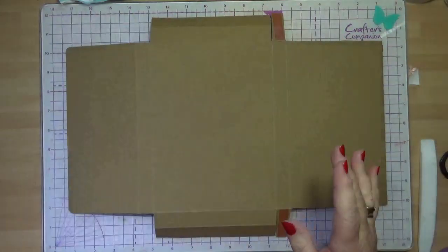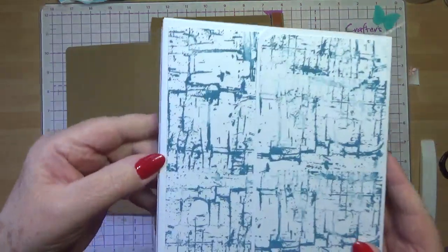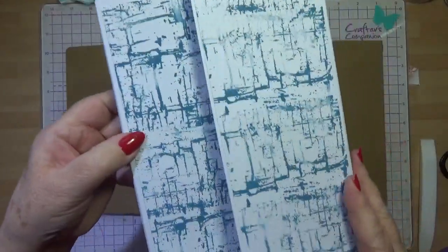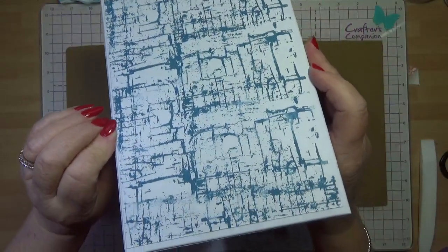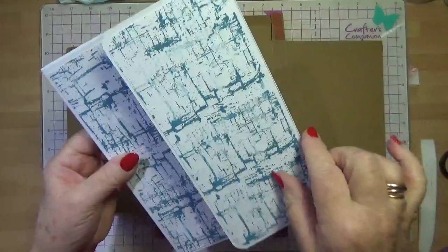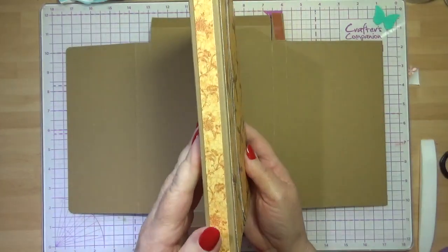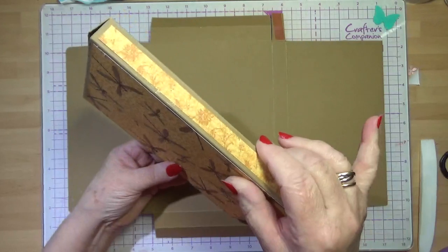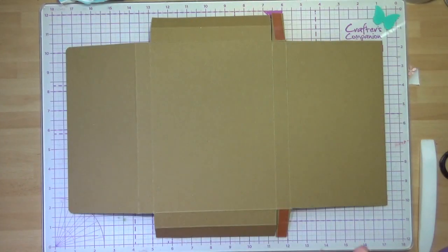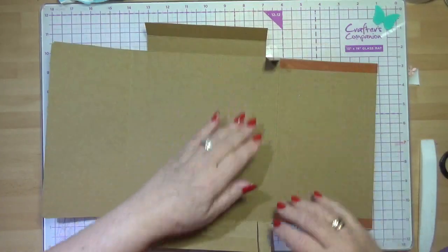So that's one option. The other option is I did this one, where I've done an extra layer of panels over it. Okay, again, I've used the texture stamps, but I put extra panels on. And this one Karen did for me, and this is with extra panels, but this is pattern paper this time. Okay, so there's several options. So if you wanted to stamp all over, do that first. But now let's start constructing our